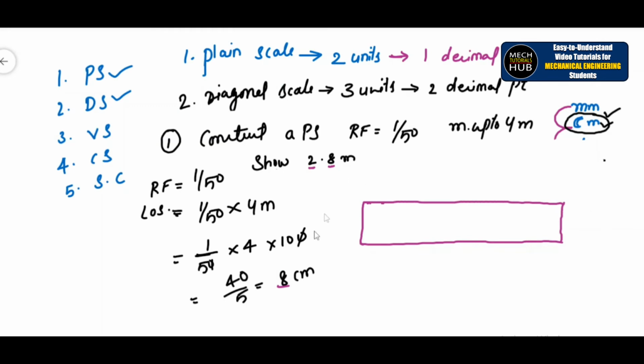So for that, what we try to do here: the length of the scale is 8 centimeters, given, and it must measure up to a distance of 4 meters. So this needs to be considered now. As the measure-up distance is 4 meters, we need to divide the complete 8 centimeters into 4 different segments, 4 parts. Divided by 4 will give you a value. Accordingly, try to divide it. If that value comes in fractions, then a simple logic needs to be implemented here.